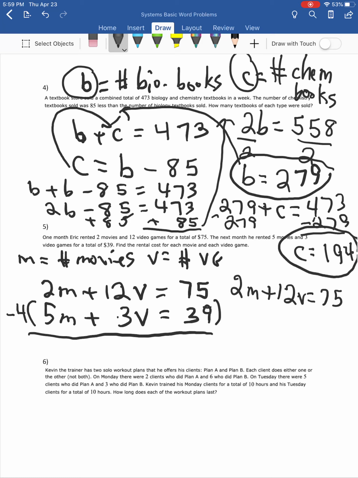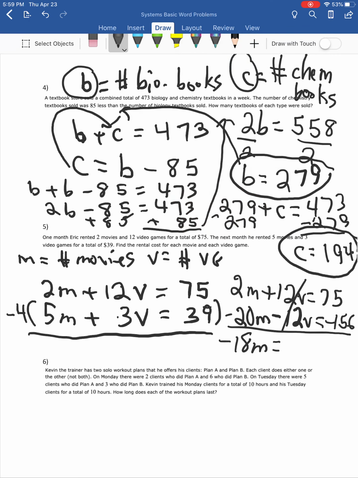The new bottom is negative 20M minus 12V equals negative 156. Okay. So this eliminates. We've got negative 18M equals, that is negative,